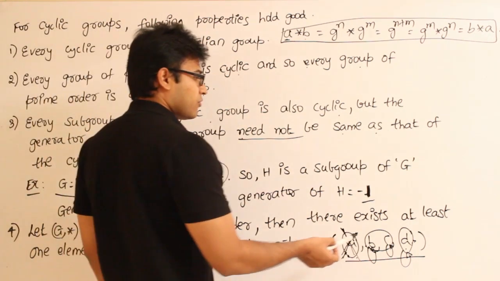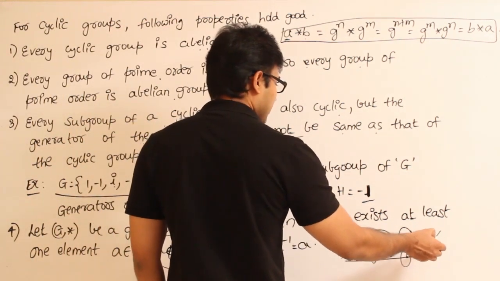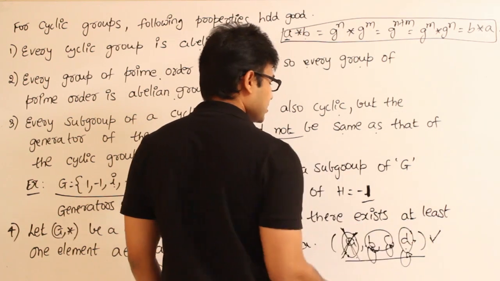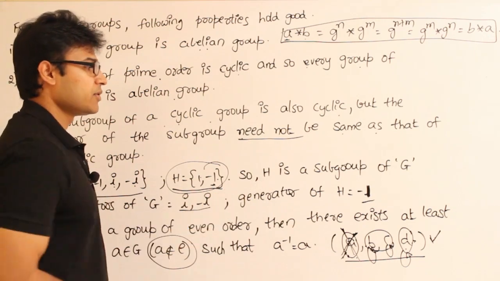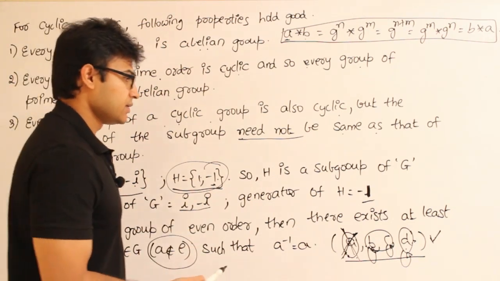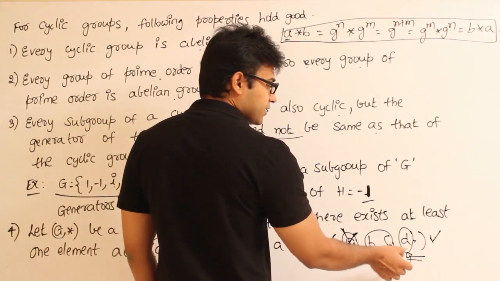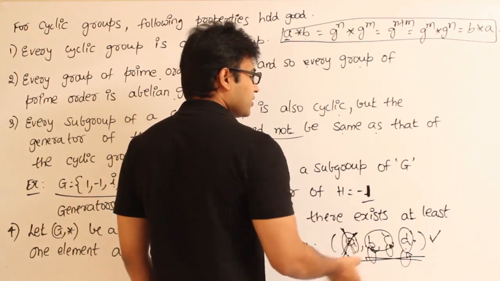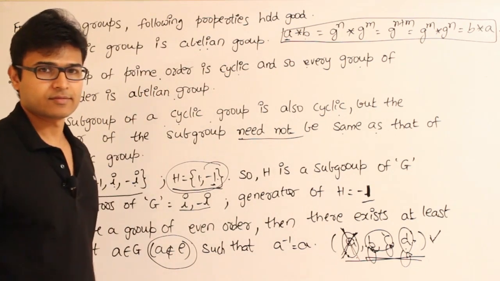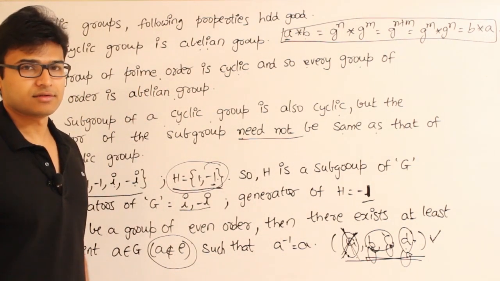So if you have odd number of people, you can definitely have one person remaining if you just couple them up, isn't it? At least one person. Otherwise you will have odd number of people remaining. Got it? See, if you have odd number of elements here, you will always have odd number of elements remaining if you pair the remaining elements up, right? I hope you are getting the logic here.